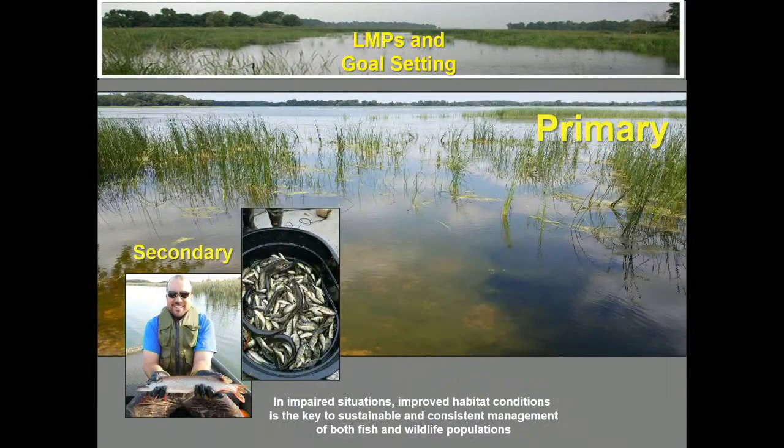The next part here is the goal setting. We use management plans to help us with our goals, and it's essentially part of your expectations: what do you expect as you go through some of these processes? The biggest thing we've focused on when we're doing ours is that the water quality of the lake, the habitat of the lake, is the primary goal of all our management objectives. We want to see this nice clear water. What we get for fish is a little bit secondary.